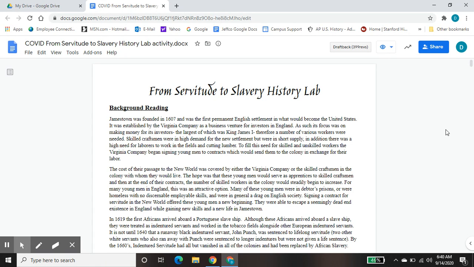Today we're going to take a break from putting together the countries because there's a shift that has taken place in labor in the United States, or in the colonies at this time. There's a shift that's taking place in labor. So before we put the final pieces of the colonies in, we're going to look at why this shift in